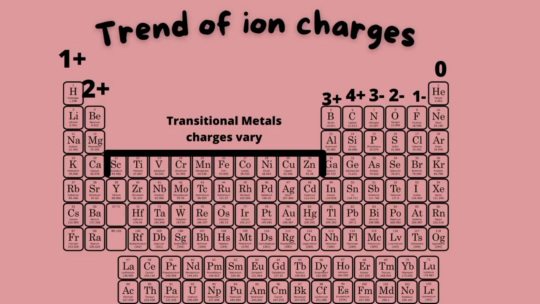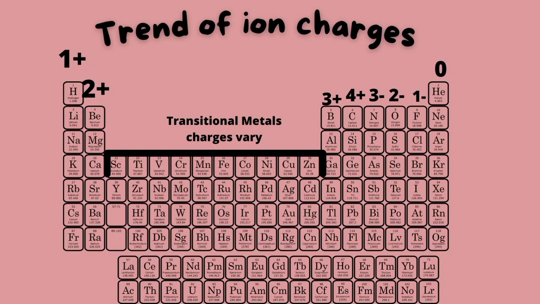So lastly, I just want to leave you with the trends of ions on the periodic table. So quickly, for group 1A, where you see the 1 plus or the 1 positive above, all of these elements will form a 1+ charge. That includes hydrogen, lithium, sodium, potassium, and everything else on that row. Group 2A will form cations with a 2+ charge, and that includes everything on that row. And then transition metals, it varies. More than likely, this is upper division chemistry, so don't worry about that.